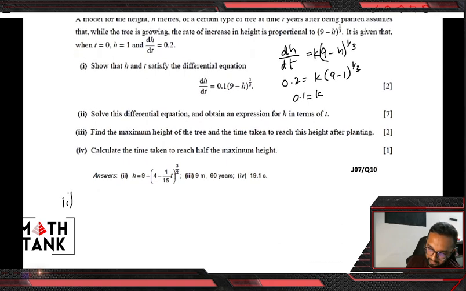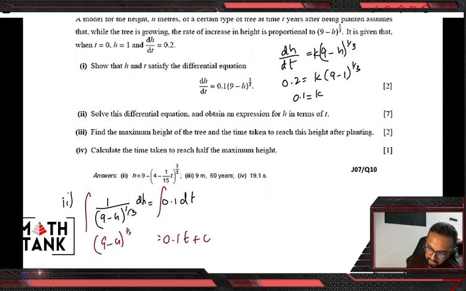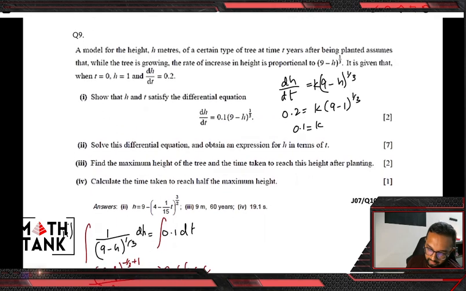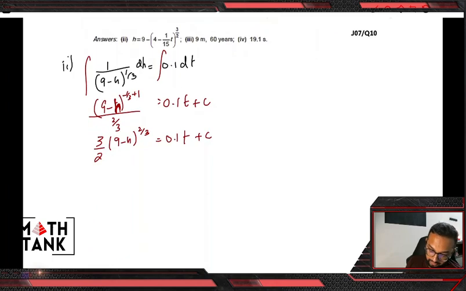Part 2 says solve the differential equation. That's relatively simple to solve as well. You bring (9 minus h) to the power 1/3 to this side, you let 0.1 remain there, and you integrate and you get 0.1t plus c equals (9 minus h) to the power minus 1/3 plus 1 divided by 2/3. So I brought it up and integrated it. It becomes 3/2 (9 minus h) to the power 2/3 equals 0.1t plus c. So h is 1 when t is 0. So again, using that,